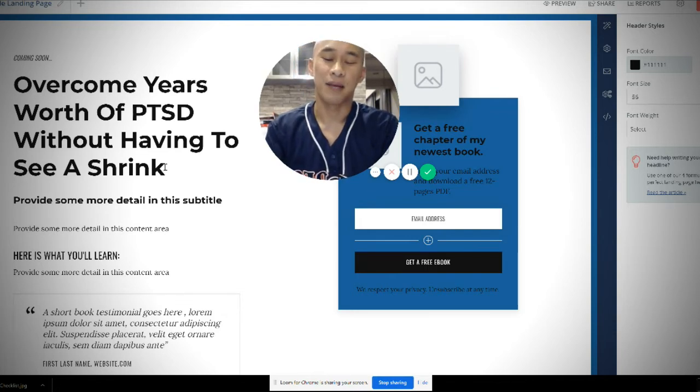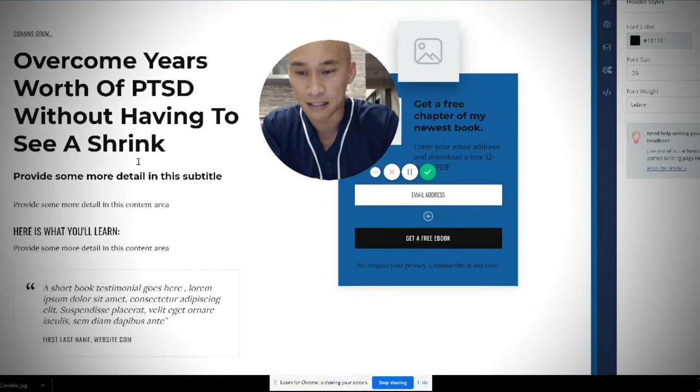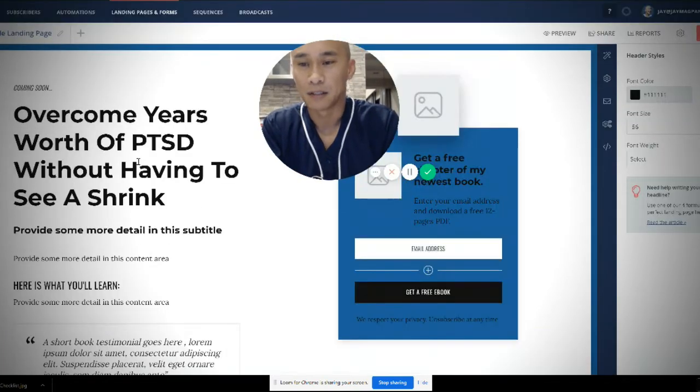a little bit of backstory. I've had to go to therapy before, but I avoided it for the longest time. That's why I know something like this would work, because for the longest time, I didn't want to see a therapist. And if I had seen this headline a couple years ago, I'd have been like, oh shit, okay, yeah, sign me up. Or maybe not sign me up, but at least come here and look for more information. So anyway,